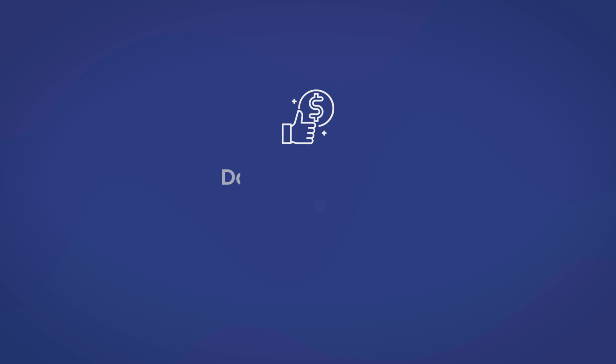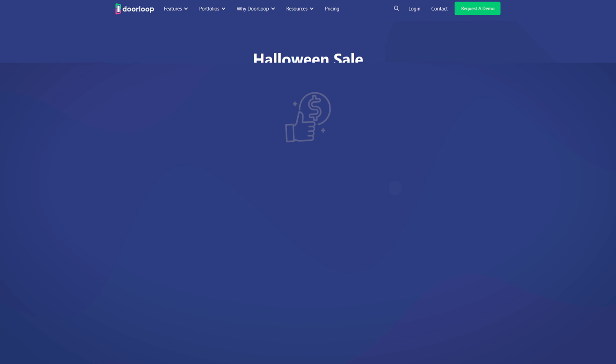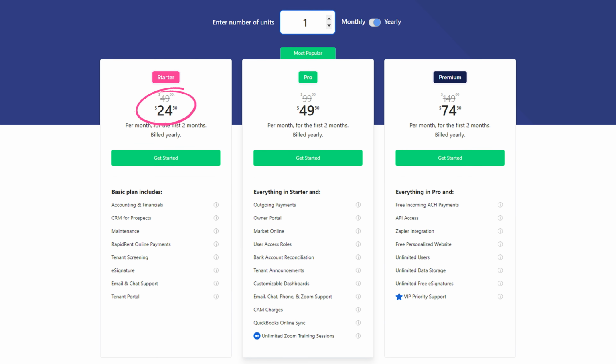Of course, this is only scratching the surface of what DoorLoop can do, and there's no need to pay an arm and a leg for the impressive collection of features DoorLoop offers. You can get started for just $49 a month, and you get everything you need to manage your first 20